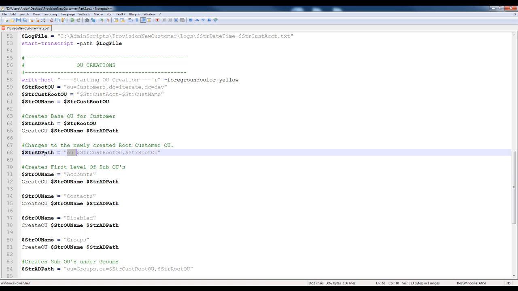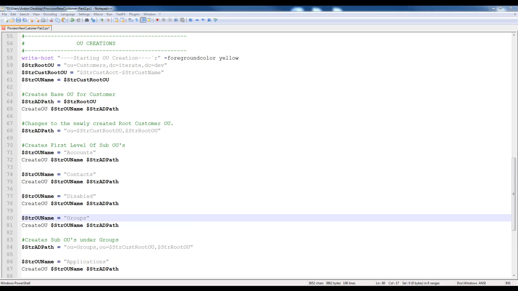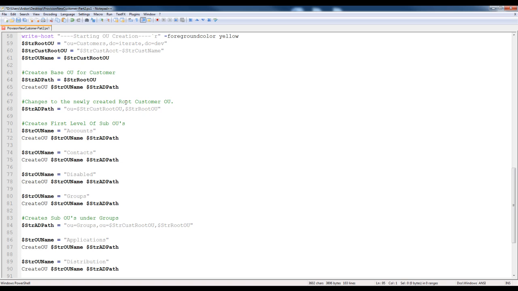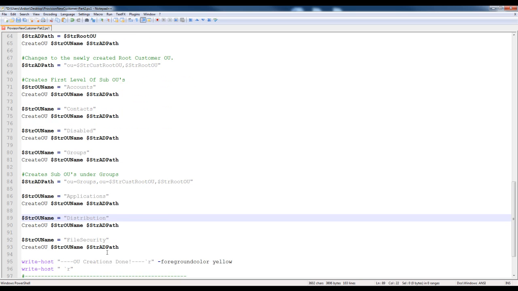So now that we switched the AD path to the customer root OU, we can create the first level of the sub OUs, which would be the accounts, the contacts, disabled, and groups. And after we're done with the base sub-level OUs, then we can change the OU again. So we change the string AD path to groups with the rest of it. And now that we're in that AD path, we can create those sub-OUs underneath groups, which is applications, distribution, and